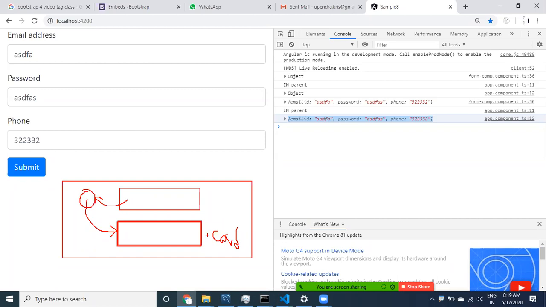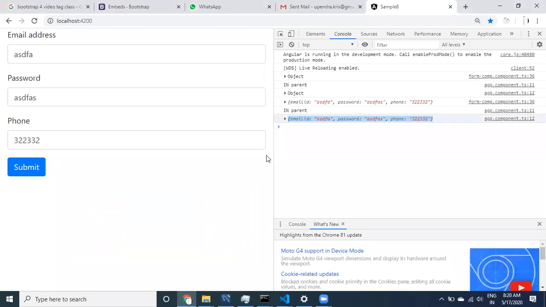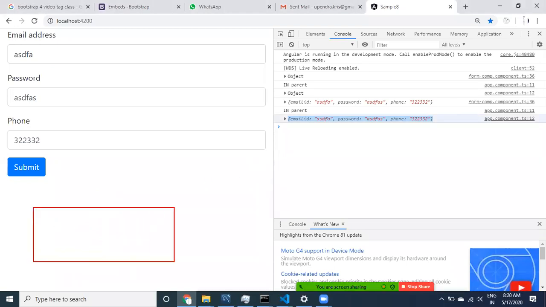I want to create a card with this data and display it here, so I want to take that particular code into a separate component. Why? Because everything needs to be separated. I want to do everything in a separate component so that I have flexibility wherever I want to use the same component. So reusability is possible.